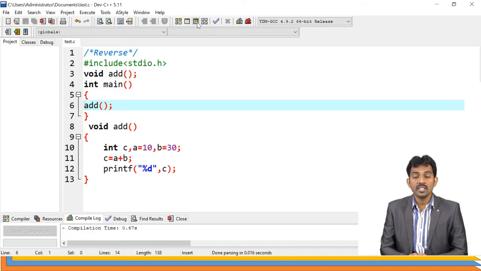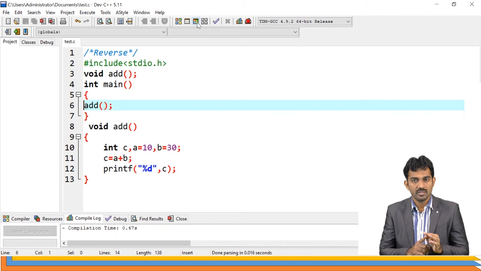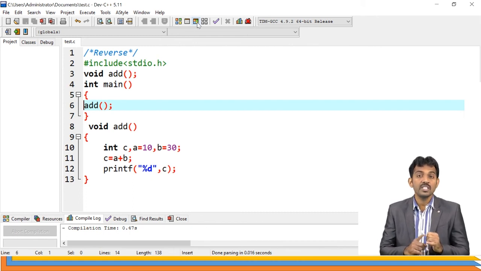So what have we seen? Broadly, there are two types of function: library function and user-defined function. Again, user-defined functions are of four types based on the calling mechanism. What are those? Function with arguments with return values; function with arguments without return values; function without arguments with return values; function without arguments without return values.